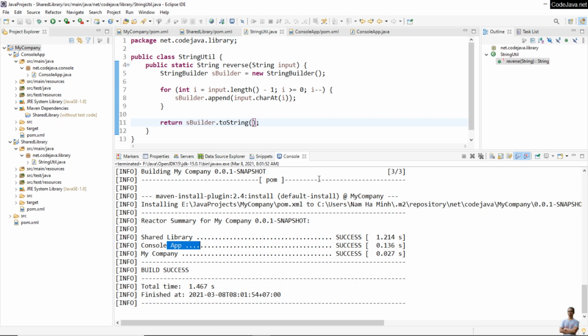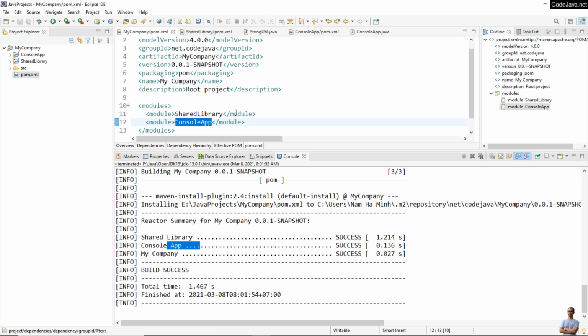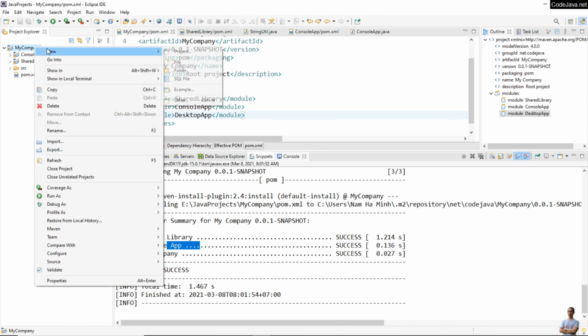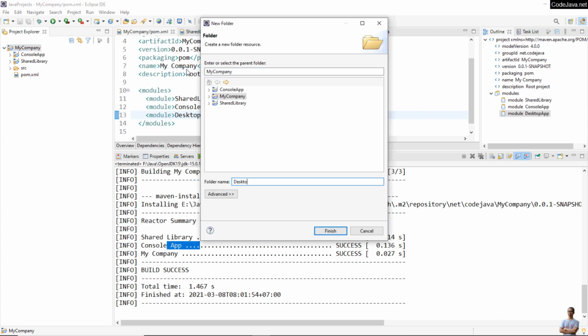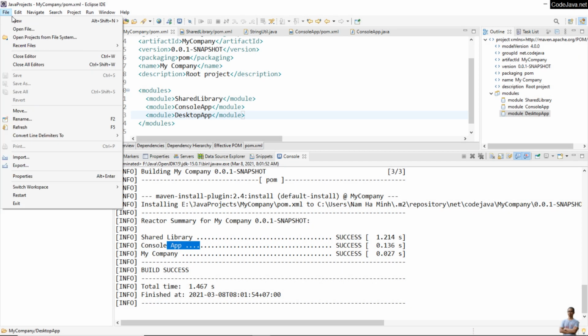Now let's create another project for the desktop application. So open the POM XML file of the root project, my company project here, and specify the third module for this project here, which is the desktop app, and create a new directory, desktop app, under the project root directory here, desktop app, and finish. And then create a new Maven project,